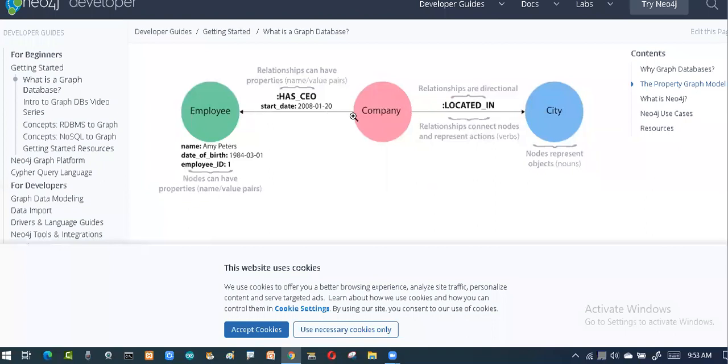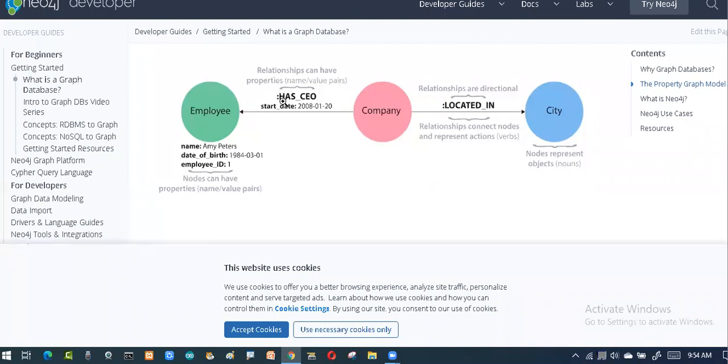How am I showing the relationship here? I'm drawing one line. In the ER diagram, we draw it with an ellipse, or sorry, a diamond shape. But here we draw it with lines and write some information on them. The information itself says what the connection between these two is. That is what we have seen in the ER diagram, with college and student, where students study in the college. We represented it pictorially as a diamond. Now here we are just writing a label. We are going to label it.